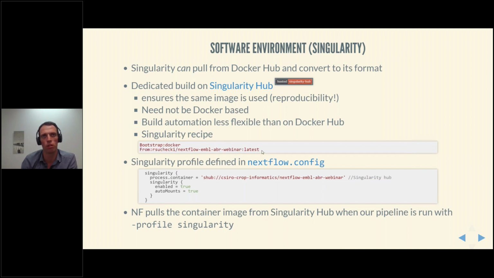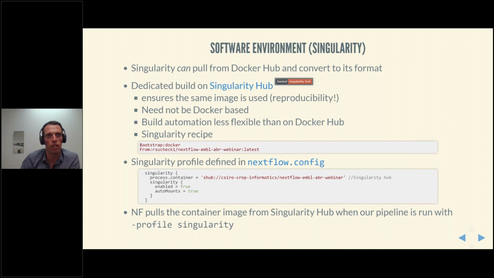Now, you could also skip that step, and Singularity could pull the Docker image and build the Singularity container on the fly, or maybe not on the fly because this will be cached and you won't be doing that again probably, but Singularity can do it directly at runtime.